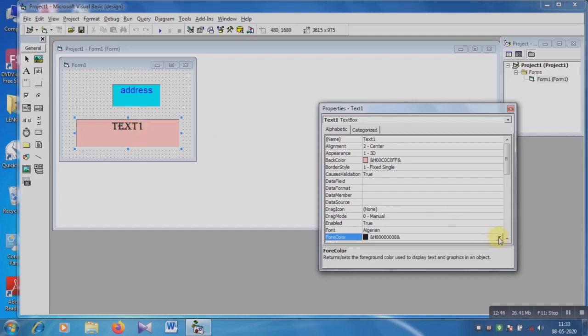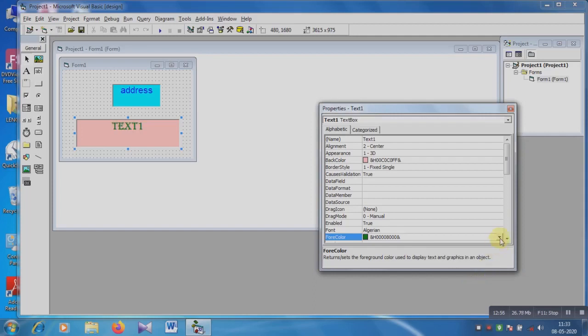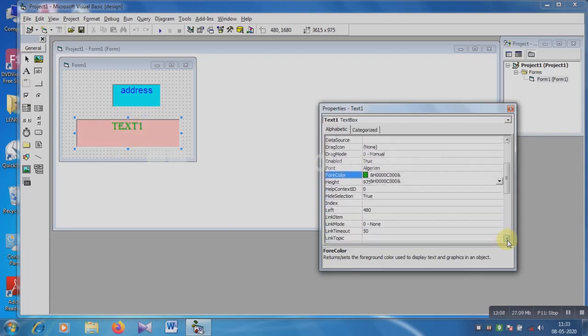And then fore color means font color, this option is the fore color option. Click on it, click on the palette and choose the color. Suppose I am choosing the green color. See, this is the green color. Text1 color changed to green.